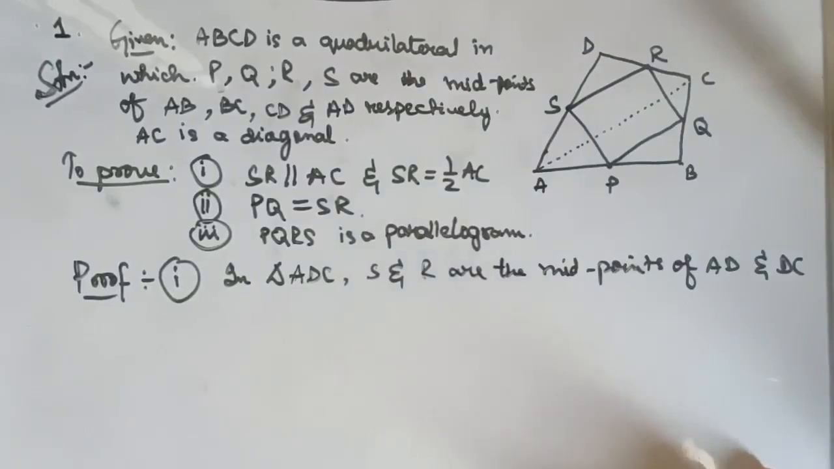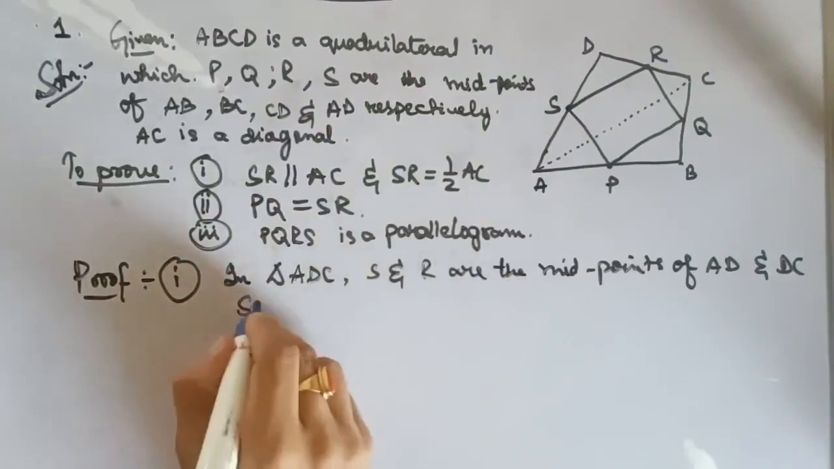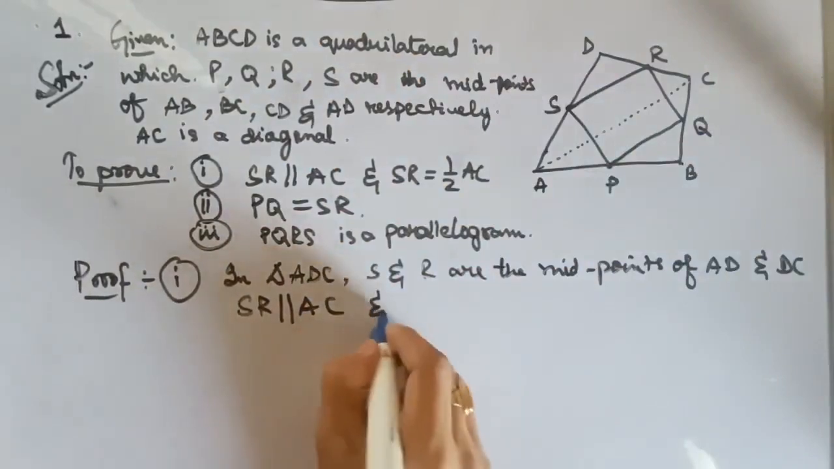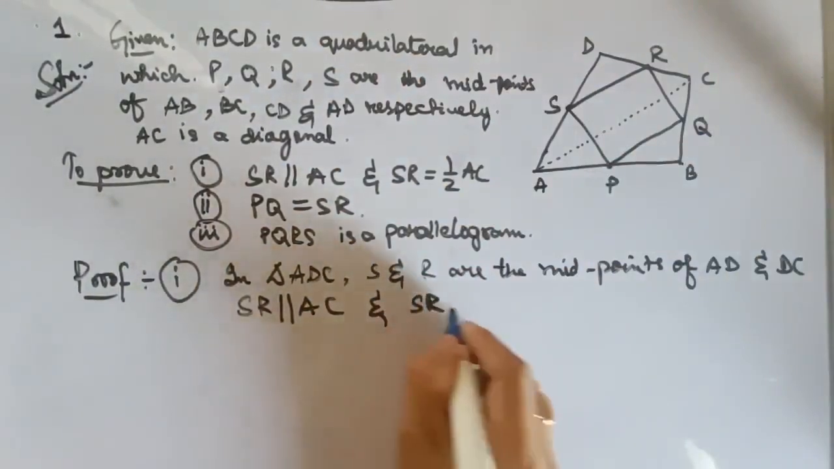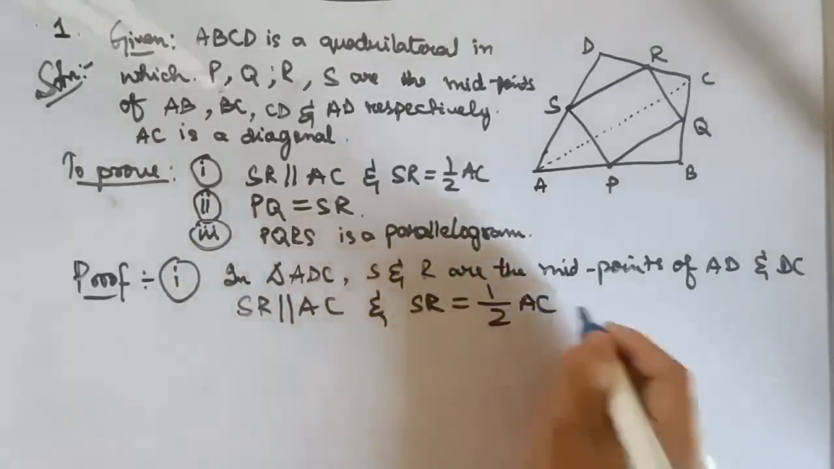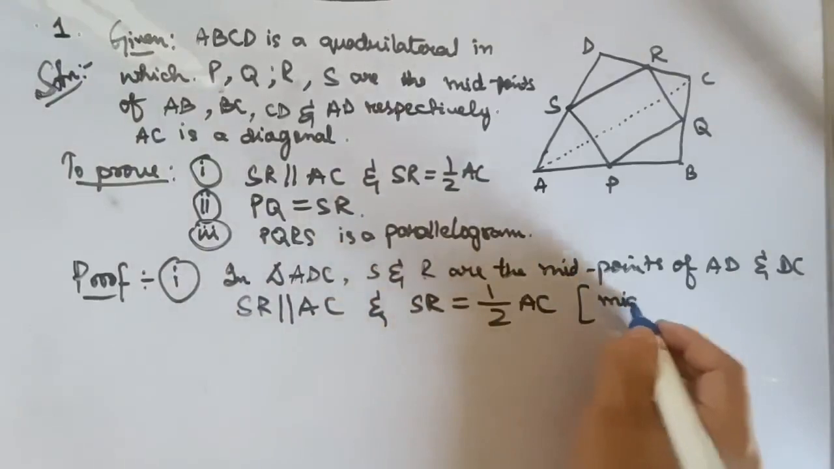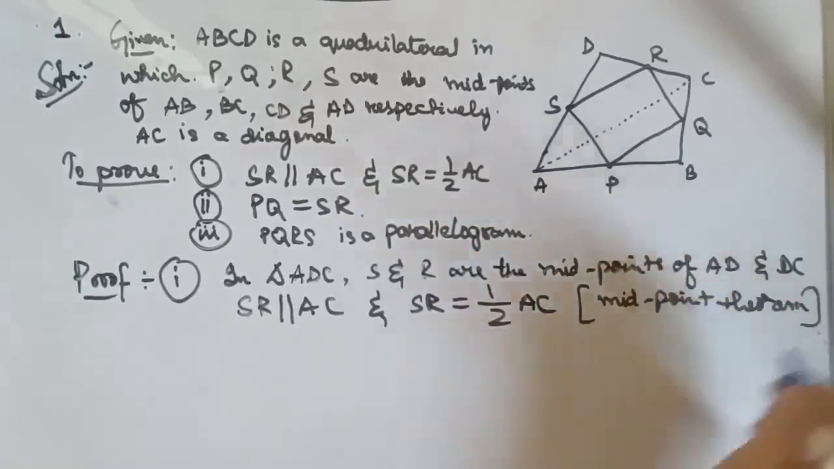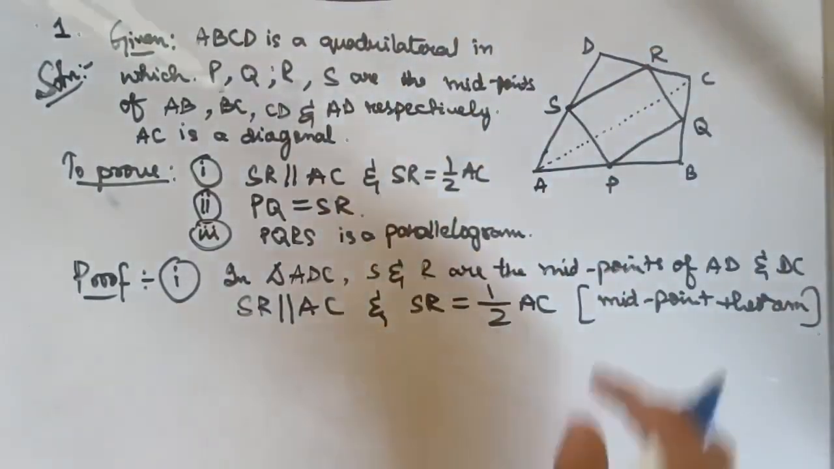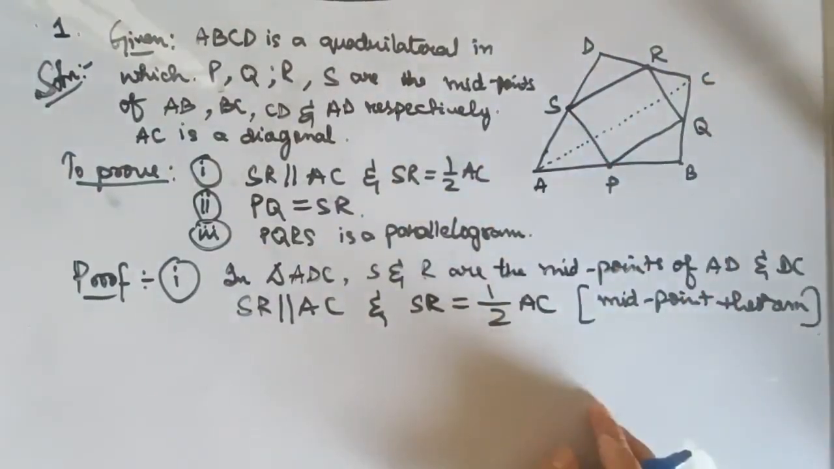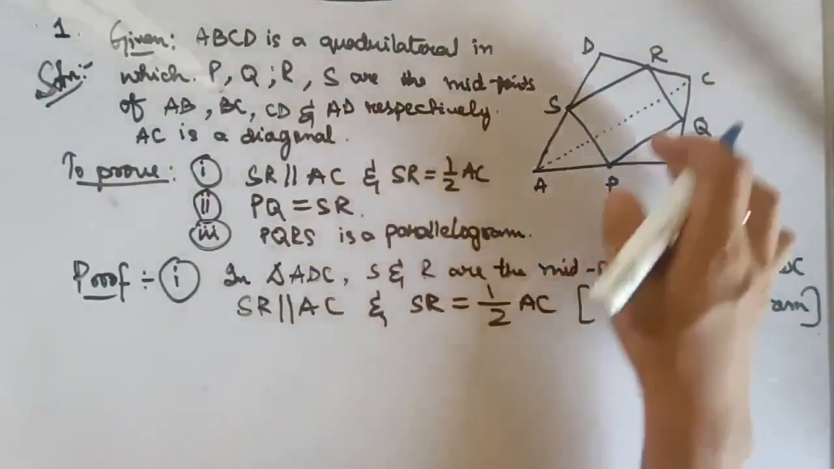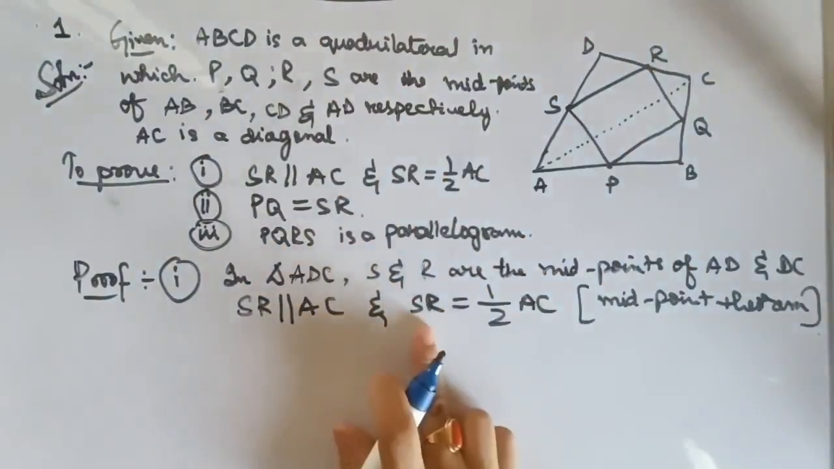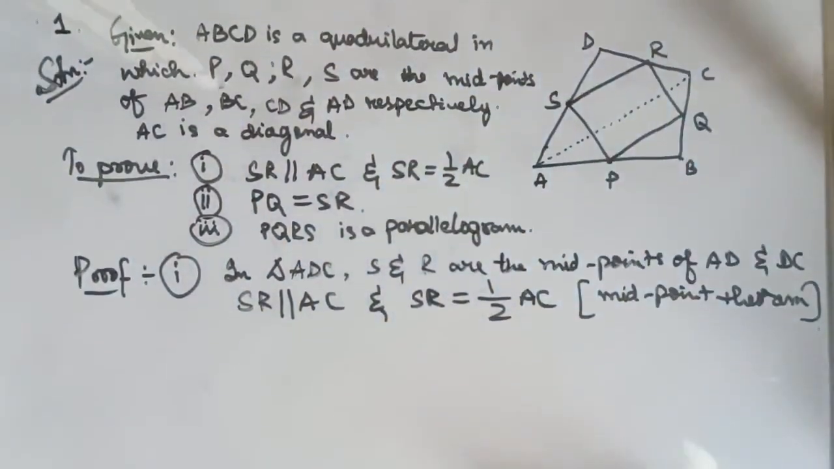So according to the midpoint theorem, SR will be parallel to this third side AC, and also SR will be equal to half of AC. This is according to the midpoint theorem: the line joining the midpoints of two sides of a triangle is parallel to the third side of the triangle, and it is also equal to half of the third side. So SR will be parallel to the diagonal AC and SR will be equal to half of AC. Similarly,